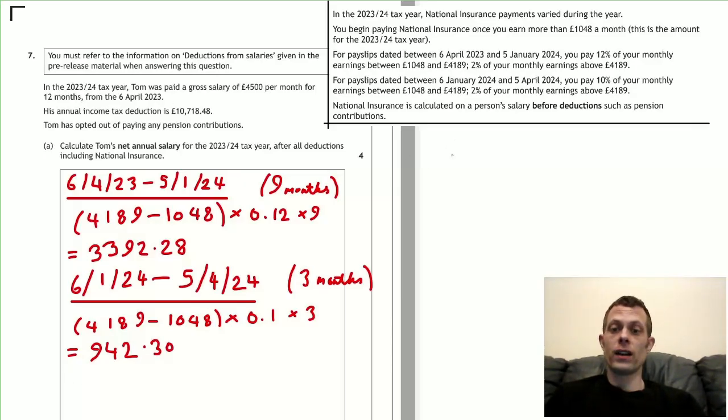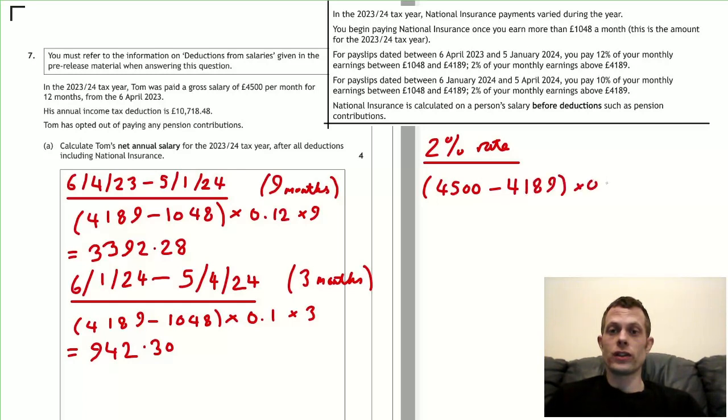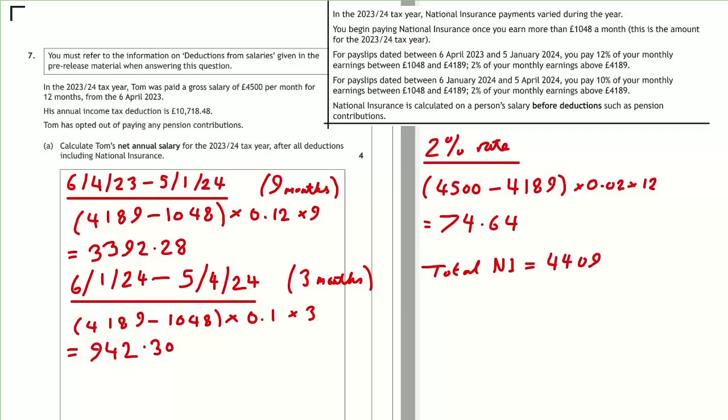£942.30. Finally, let's go and do this 2% rate, which we spoke about before, which is constant across the entire year. This time we are in the upper band, which is up to his total salary, to the lower limit, or the limit of £4,189, 2% for 12 months, and that will give us £74.64. So total national insurance contributions are